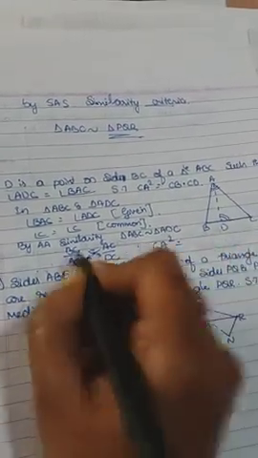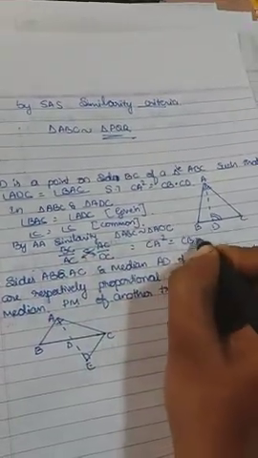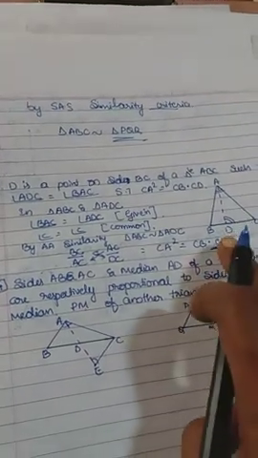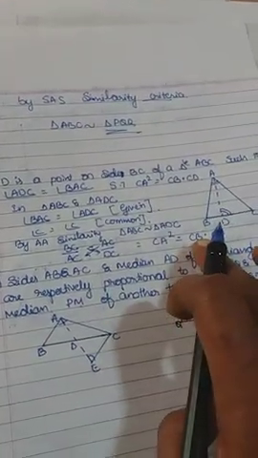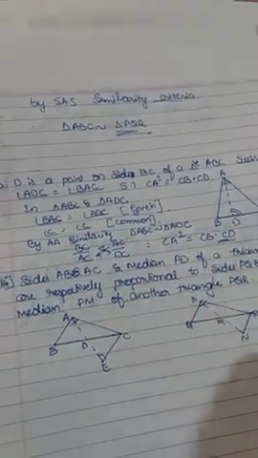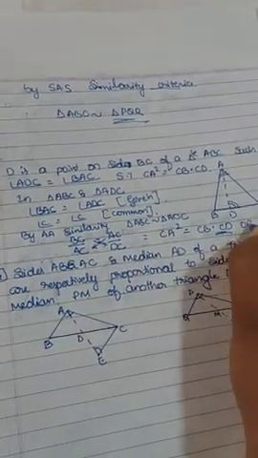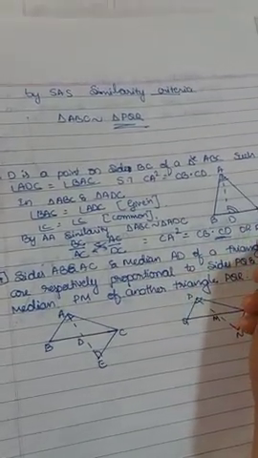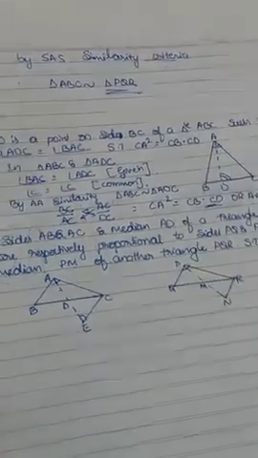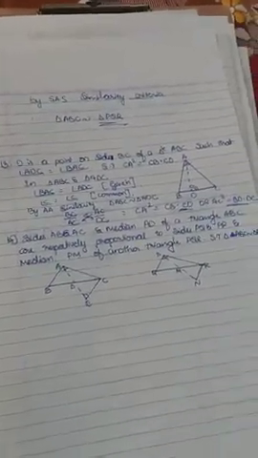CA square equals BC into CD, or we can write CB into CD only. BC into DC and CB into CD both are the same, don't get confused here. And AC and CA both are the same, however we write, that is correct. We can also write AC square equals BC into DC, both are the same, don't get confused. Hope you will understand. So the next sum we will continue in the next period.